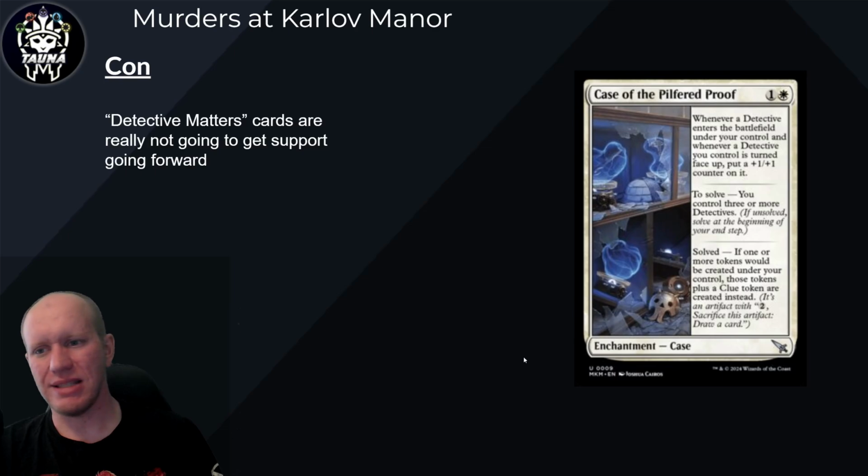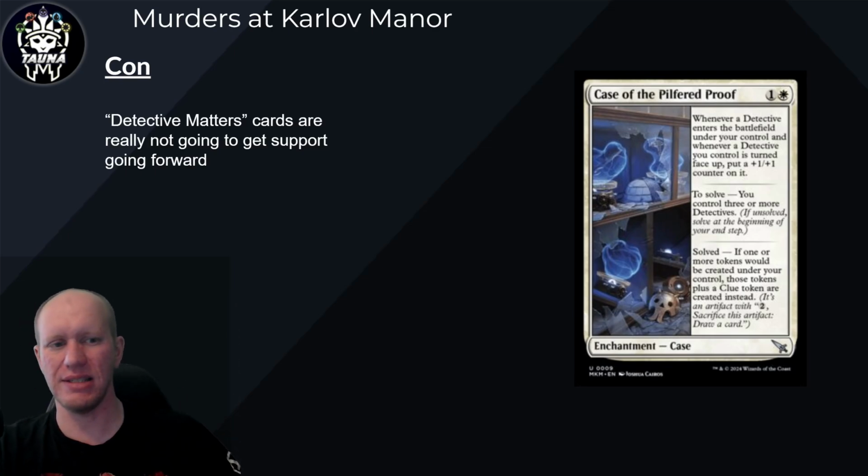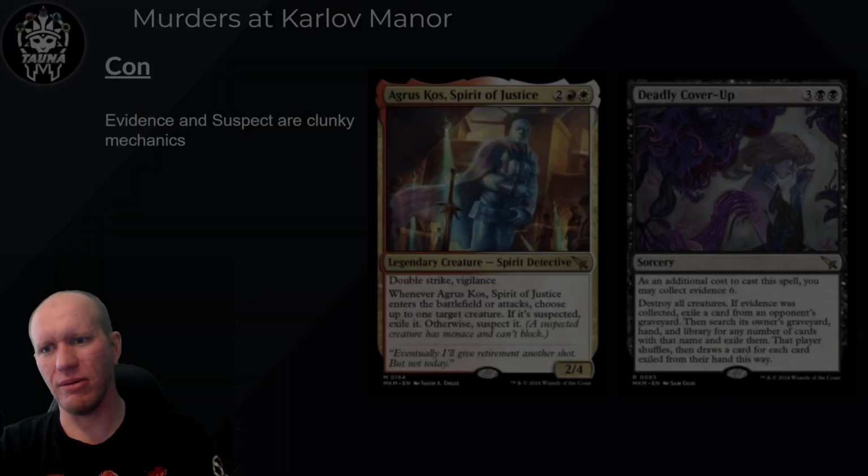Detective Matters cards, they're not going to get support going forward, and you're going to get a few of them, and that's going to be like, if a detective does this and stuff, and it's like, what? I didn't include in this, but I do like the new, what is it? New Disguise Morph. Yeah, Disguise, I think it was called. Disguise and Cloak. I thought that they were good, but also they end up creating the same thing with this